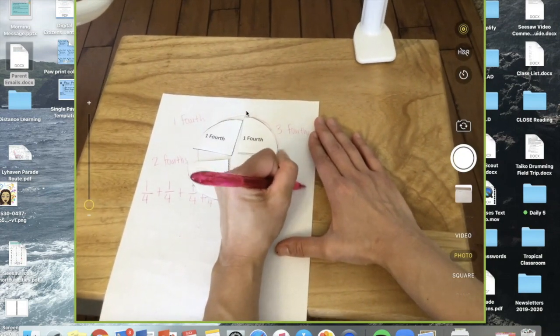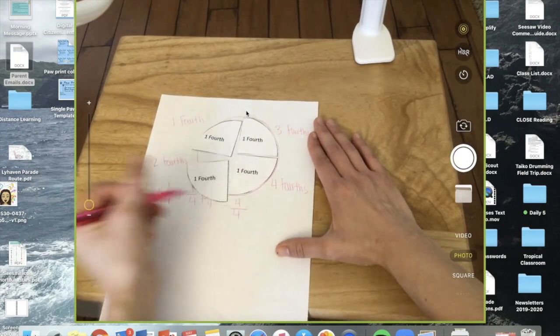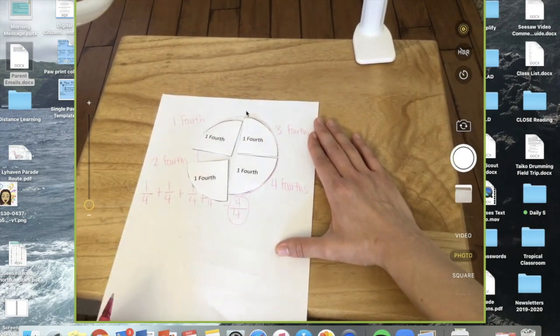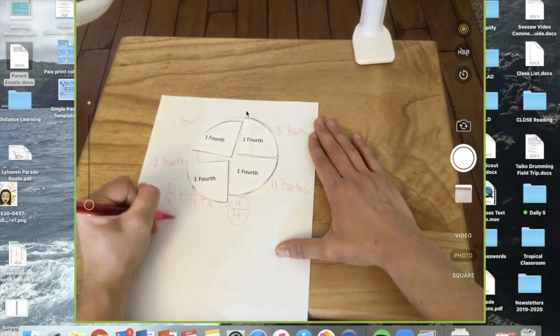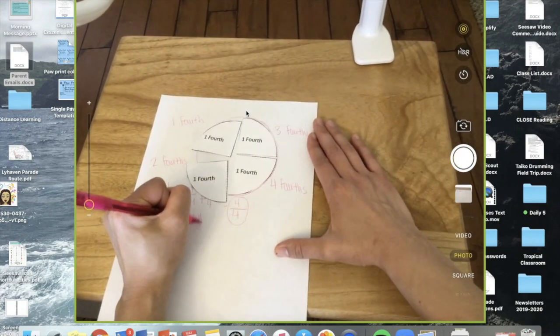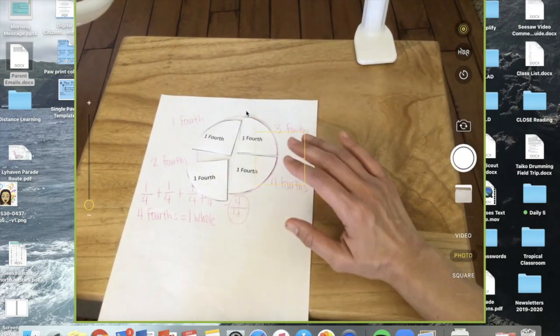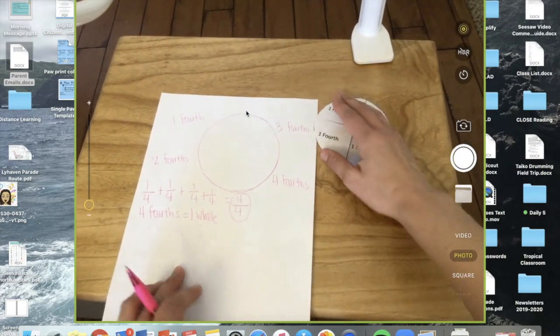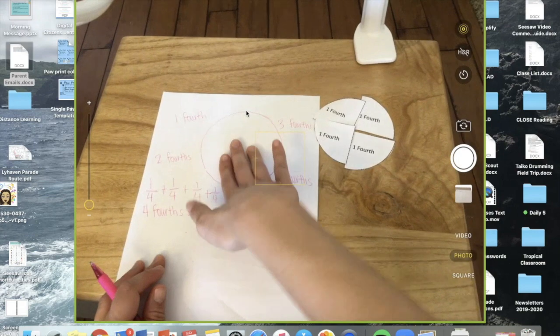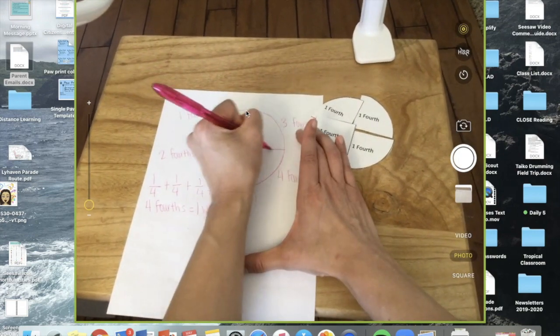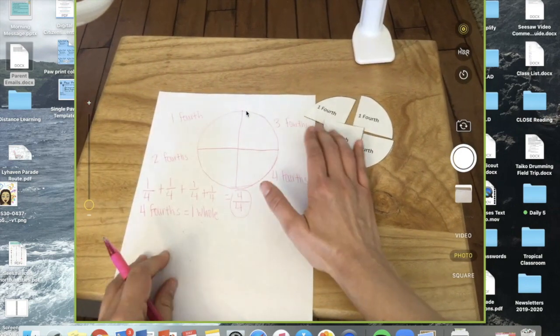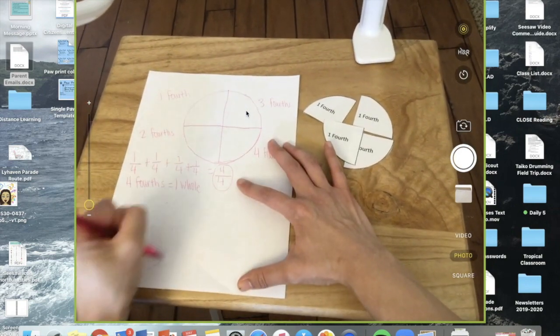So if I'm trying to create one whole, I could write 4/4 as a fraction, or I could write it as the words 4/4, which also equals one whole, okay? And remember, if I were to draw it on my circle, I could draw that horizontal line and my vertical line. Now, even if I draw it like this,